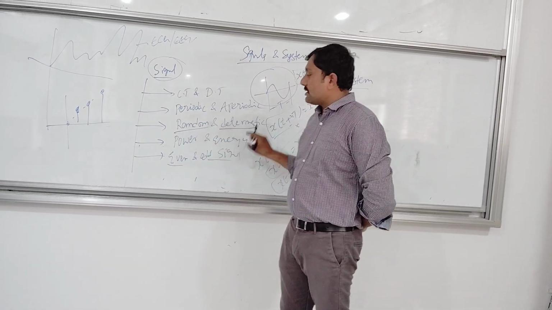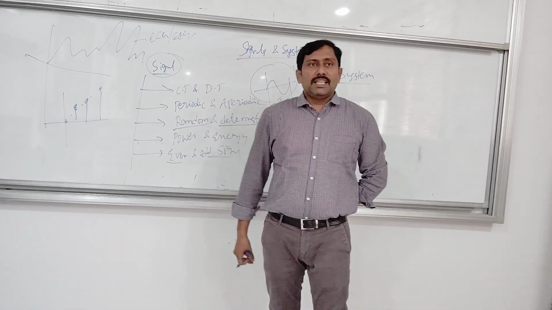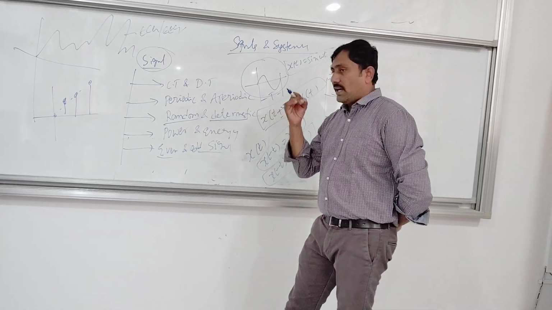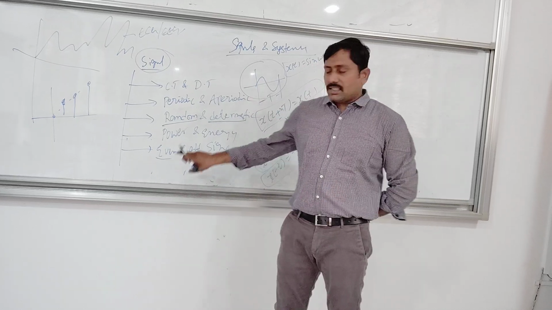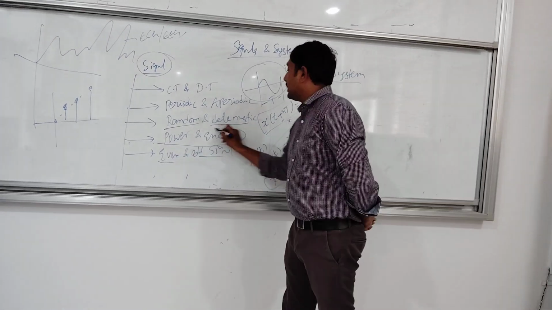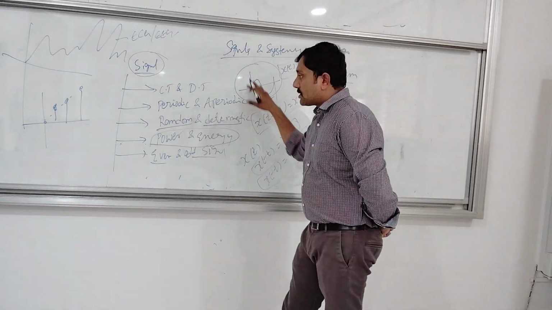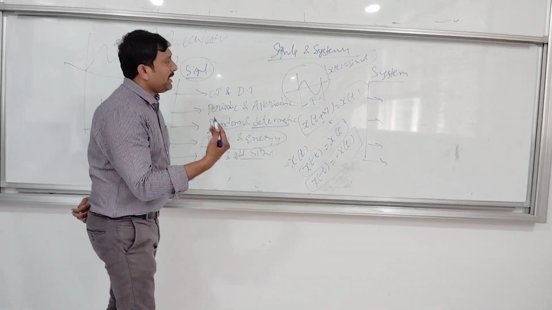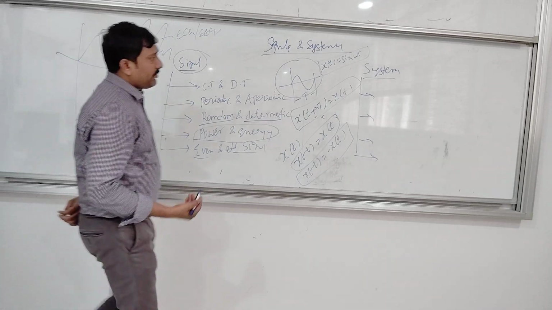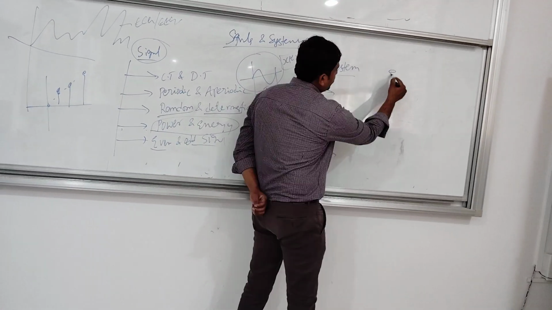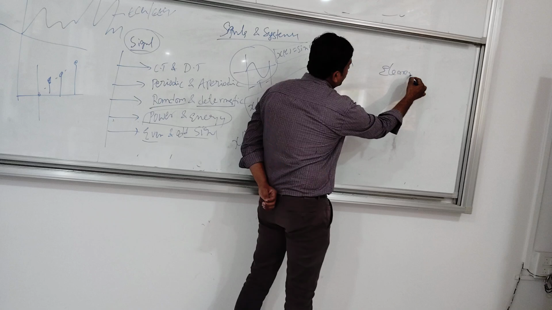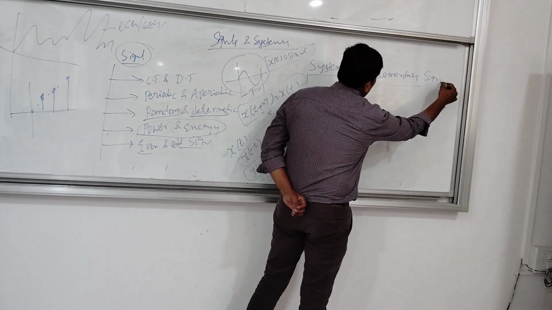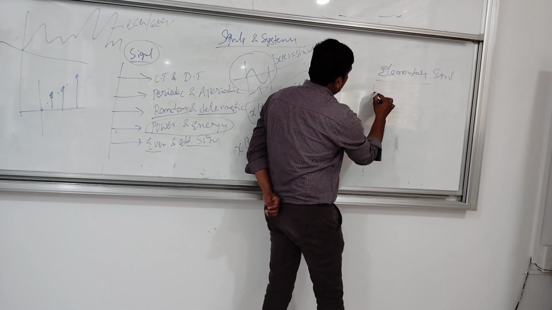There are certain signals which are classified by power and energy. If power is finite, energy is infinite. If energy is finite, power is zero. This is the mechanism we have for power and energy. So these are all the classifications of signals we have. And also there are different elementary signals. So I can write unit